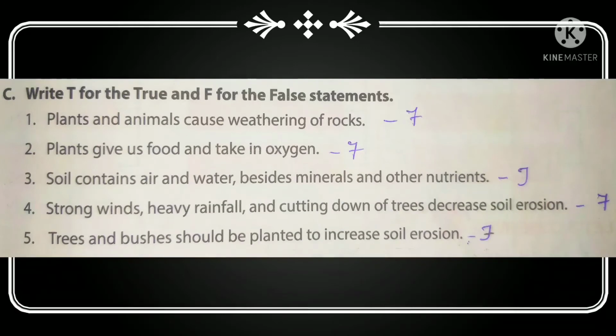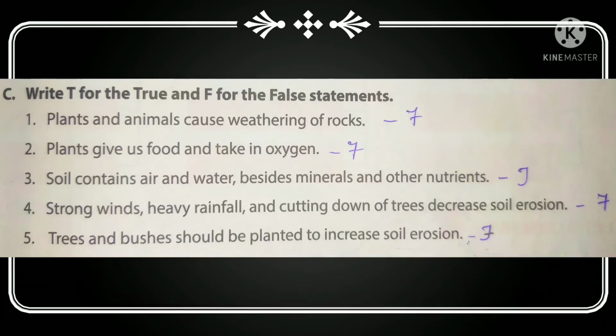Next, write T for the true and F for the false statements. First one, plants and animals cause weathering of rocks. False. Second, plants use food and take in oxygen. False. Third, soil contains air and water besides minerals and other nutrients.